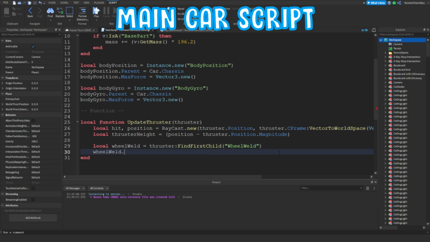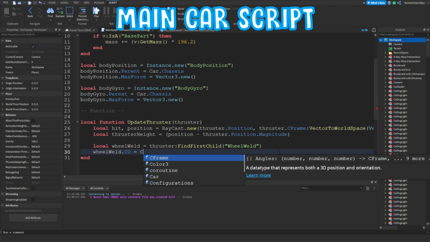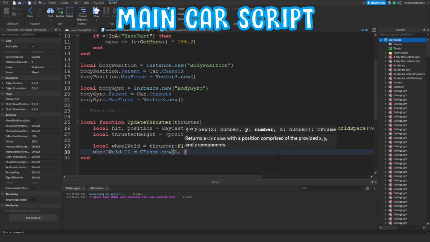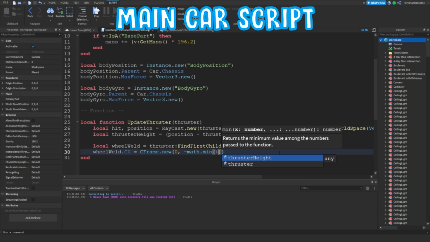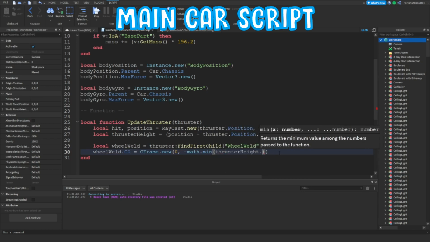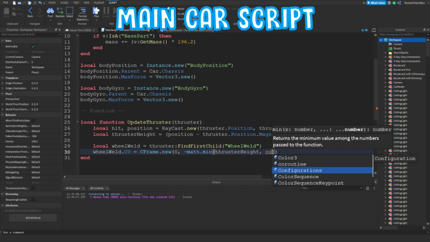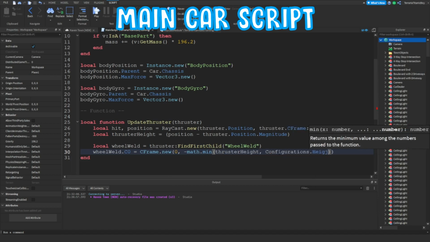Obviously if you're a bit more experienced, then you can make your own car, but just for now, just to make sure it works, I would just do this. So thruster height, configurations.height.value, times 0.8